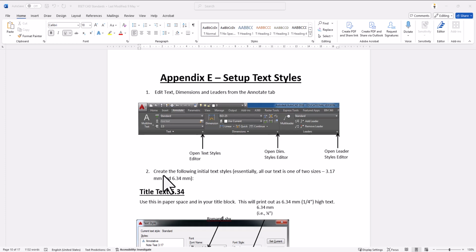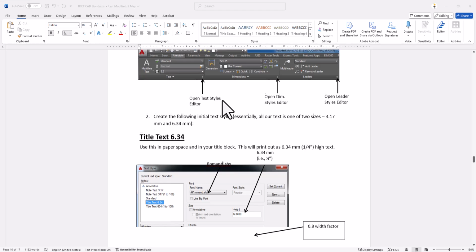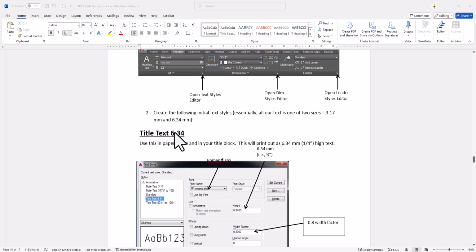Okay, guys, I'm going to run through just how to help set up some of the things for your drawing, which will hopefully make things easier. The first thing we're going to go through is setting up your text styles. All right, so there's 4 text styles that we're going to use here, and I'll try to name them very